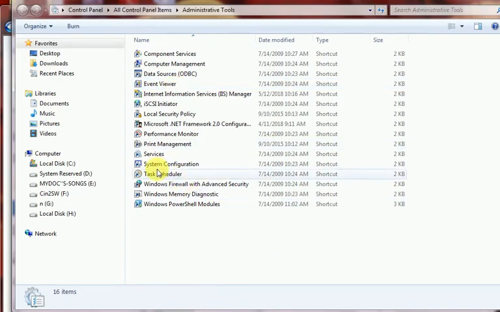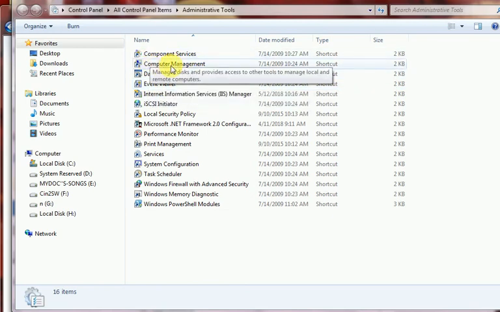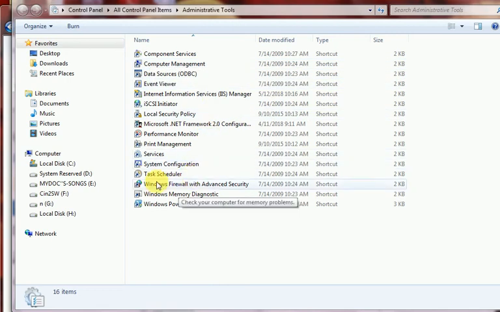There is also the Event Viewer, where you can view the event log. If you want to manage your computer hardware, there is Computer Management here. There is also the Task Scheduler option, and somewhere there is Local Policy, where password policy and account policy are. This is a little more important, and I will discuss more about this topic